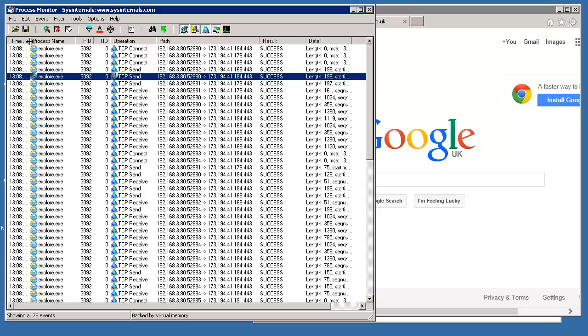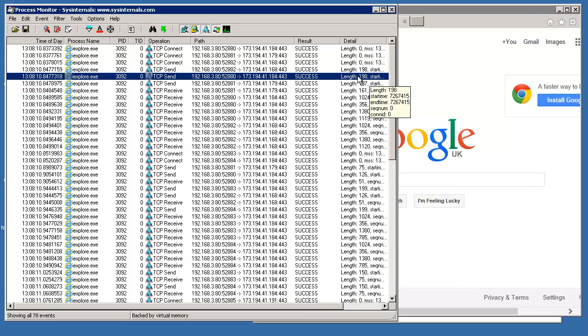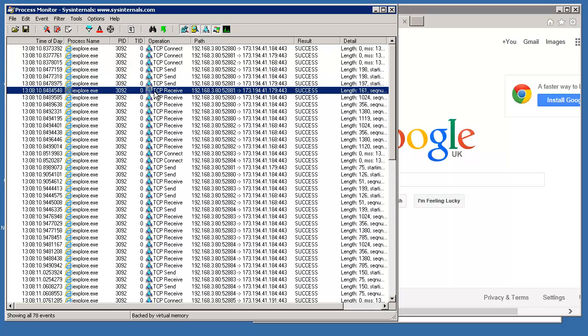which I'll just expand out over here. This is telling me that actually this send for 198 bytes over here, that's the TCP length, 198 bytes, this send completed at 130810.847. And completed means that's when I got the ACK for the send. Similarly with receives,